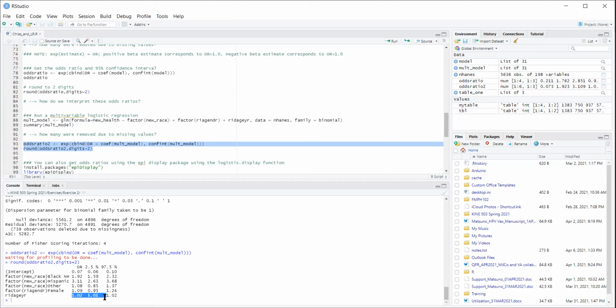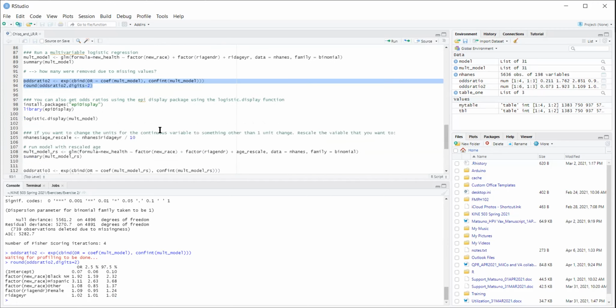And then we see that there is actually an effect of age, but it's very, very small. And remember, age is in single years. So maybe it's hard to interpret, right? For every increase in year, there's like a 2% increase in the odds of poor or fair health. So one thing that we're going to do, actually, let me scroll down, is rescale